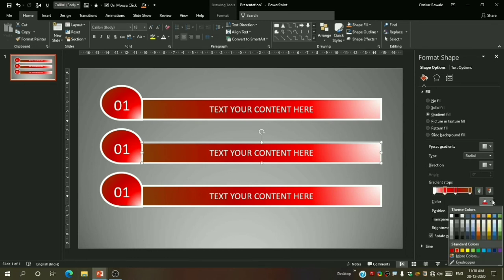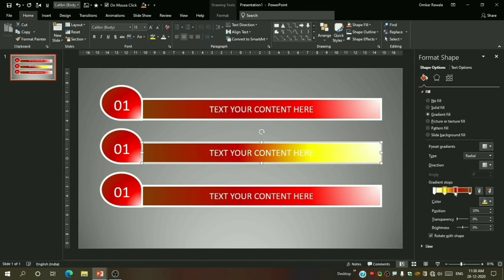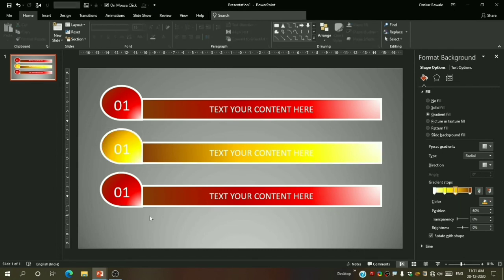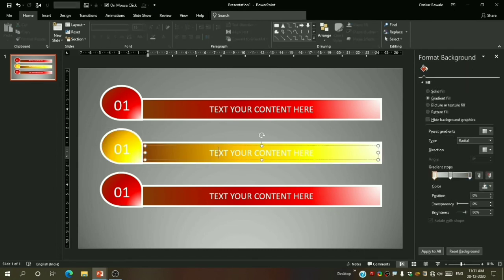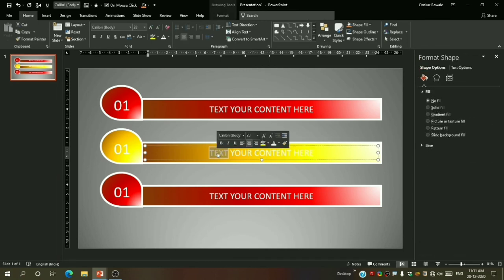Let me take here light yellow, here dark yellow, and let it be brown. Same, then again we have to press Ctrl plus Shift plus C to copy its formatting value. Again select this, press Ctrl plus Shift plus V, and done. Now if you want, you can select this text and change its color to black.